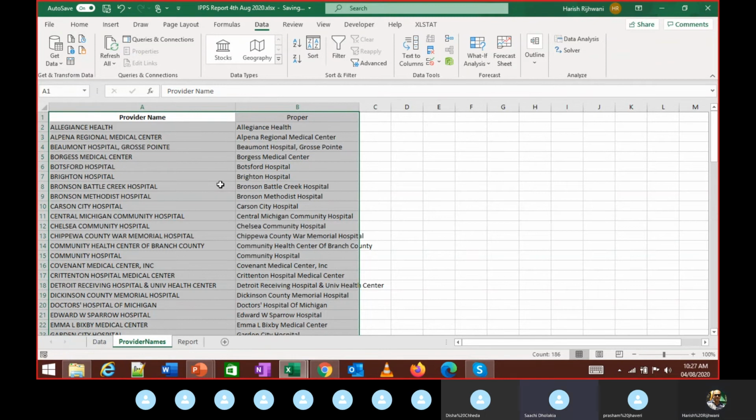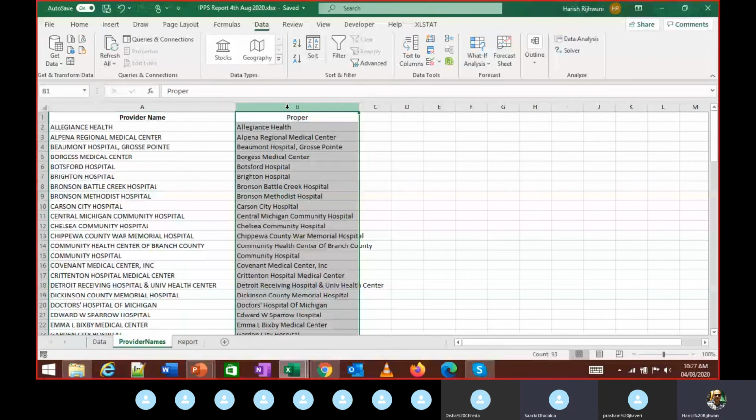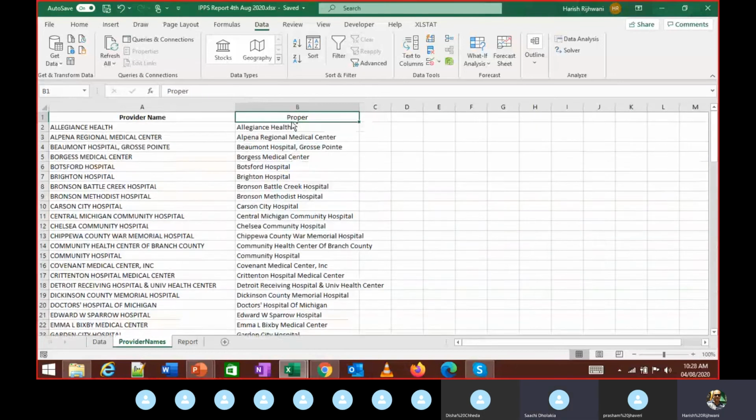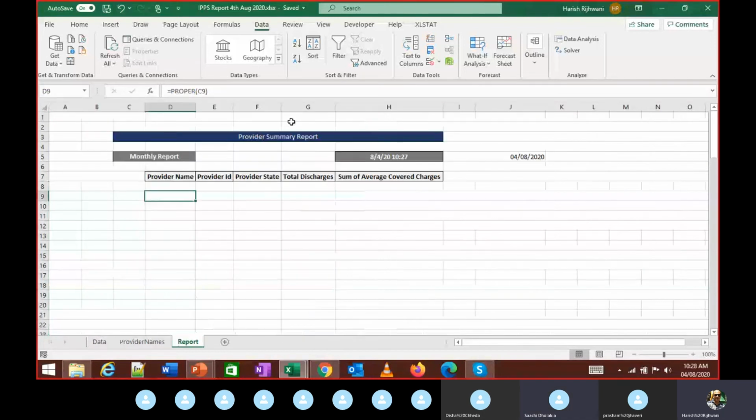So it's saying it cannot be copied because it's not the same size. You would have selected the entire column, I believe. Did you select the entire column B? Yeah, the entire column B, and I tried to copy it on the report. You notice when you select the entire column B, you are selecting 1048576 records. So what is that? 10 lakh records. Okay. And when you paste it over here, ideally you would have to paste it from the first cell. That is why it's telling you that the size is not the same.